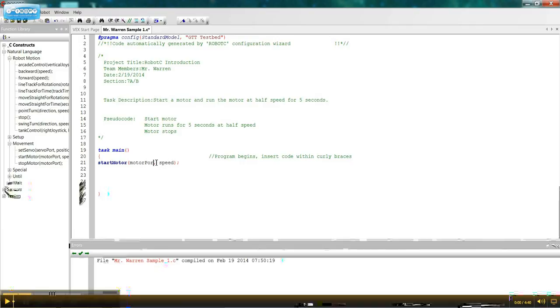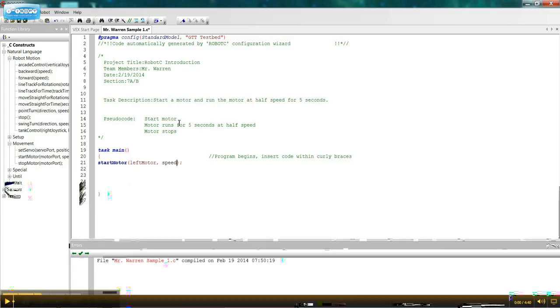So the motor port, I actually want to run my left motor, so I'm just going to delete motor port and start typing L, E, F, and hey, what do you know? Left motor has already been configured into my RobotC because I configured my test bed. So I'm going to come down and select left motor, and it will show up. Now the only other portion that I need to do is figure out the speed at which the motor runs. Well, I know that I have a motor that needs to run at half speed. Now, as you notice, if you look at my pseudocode, I've got that written here for 5 seconds at